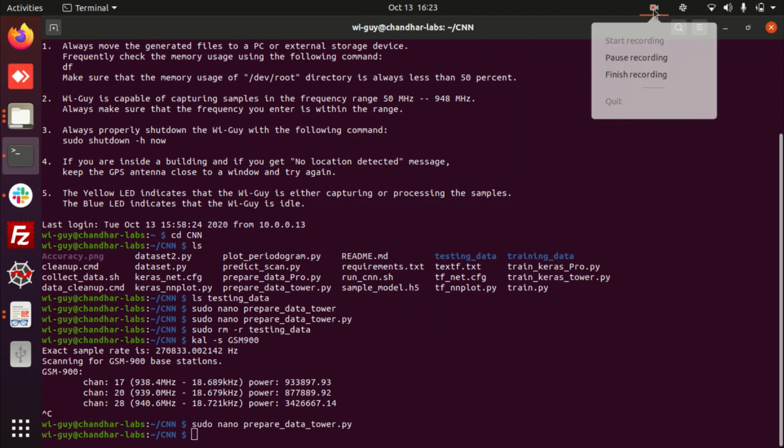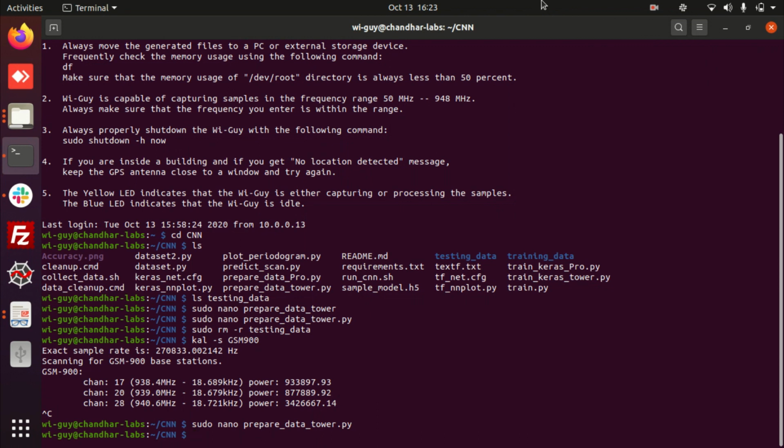So with this, we learned what the three main things are that you want to check before preparing the data. I'll repeat once again. First, you want to use ls testing underscore data and make sure that no files are present in the testing underscore data. Similarly, in the training underscore data, these two folders should be empty. Suppose if any files are present, and you want to remove them, then use the command sudo rm -r testing underscore data. It deletes all files under the testing underscore data. Similarly, you apply the same command sudo rm -r training underscore data to delete all files.